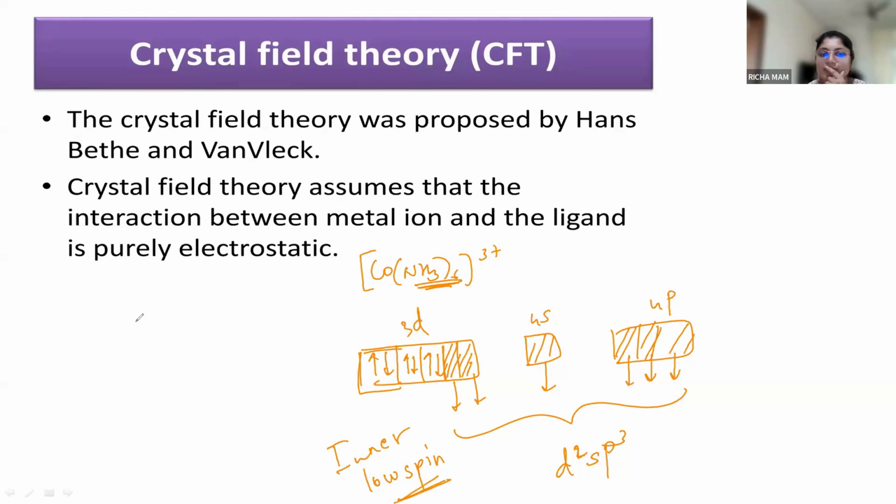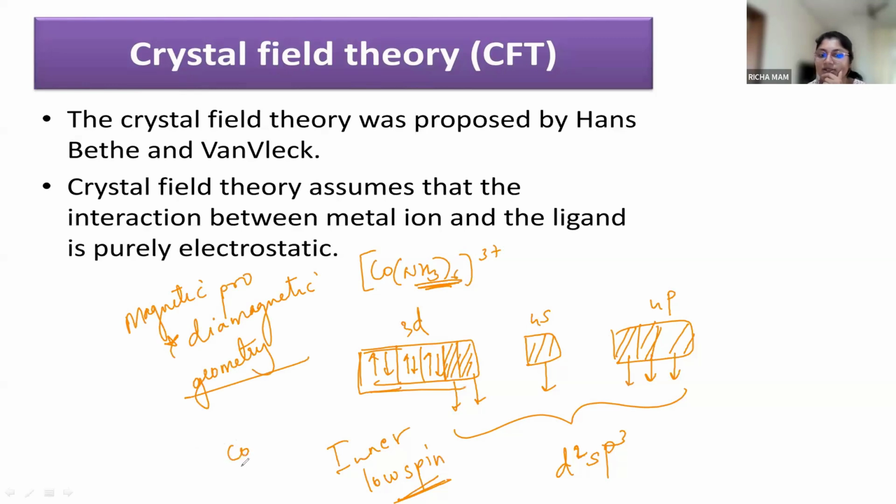Fine, then we discuss what the properties are. Magnetic property: because all the electrons are paired here, it is diamagnetic in nature. If there is one unpaired electron, it gives rise to paramagnetic behavior of the complex. So this is diamagnetic. Then when we talk about the geometry, the cobalt